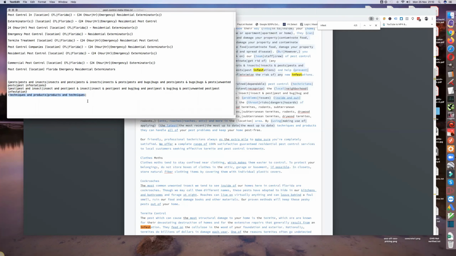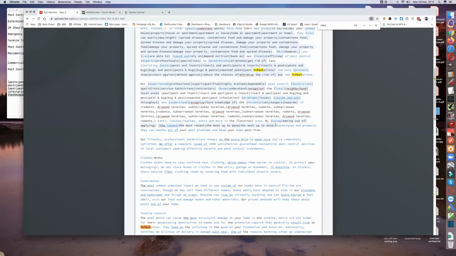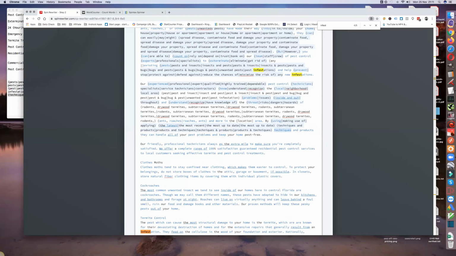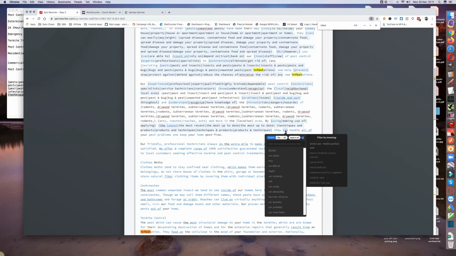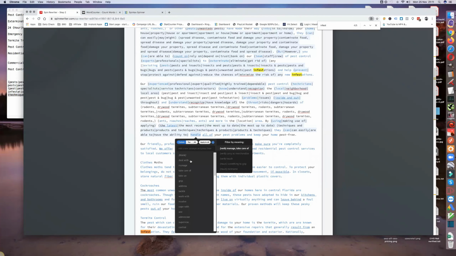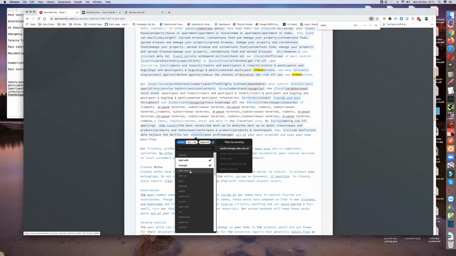And then I'm going to copy them, put them there, and then change them to an ampersand. And obviously put the closing brace on the end. Right in there, paste that in. Techniques and products, they can easily, they are able to, they have the ability to handle, deal with, manage, take care of,